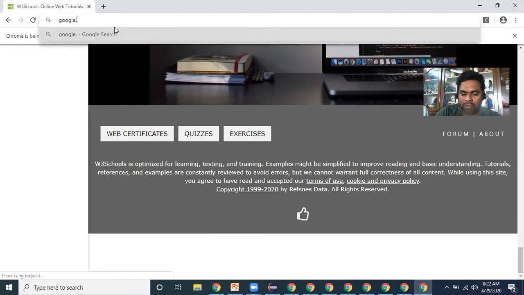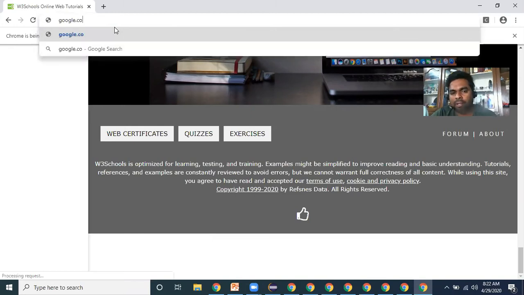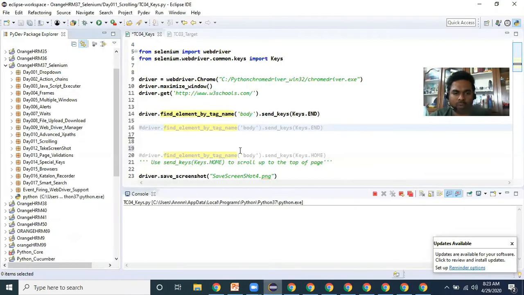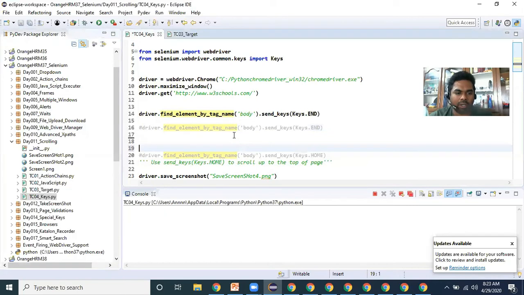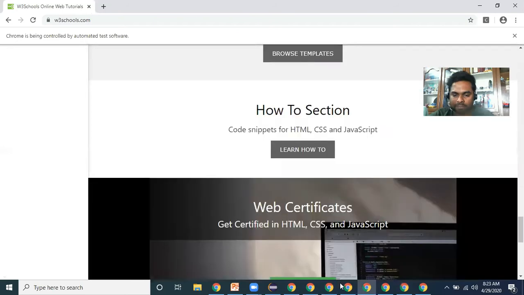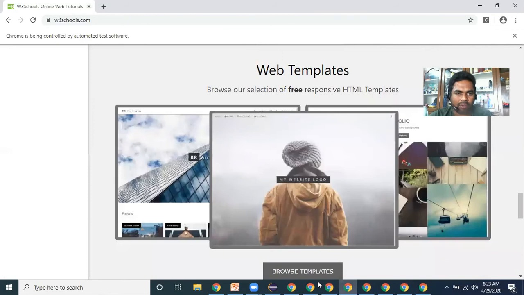I will show you the Katalon Recorder. So now you are writing a set of driver instructions manually. Without writing, you don't want to write any of the code by yourself. So how will the tool generate the complete scripting part? That part I will show you right now. By using Katalon Recorder, we can generate complete Python code. How to do that part, I will show you right now.